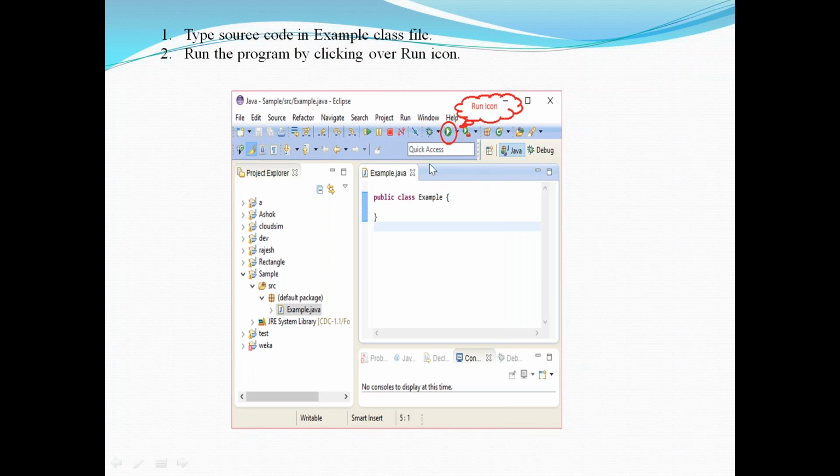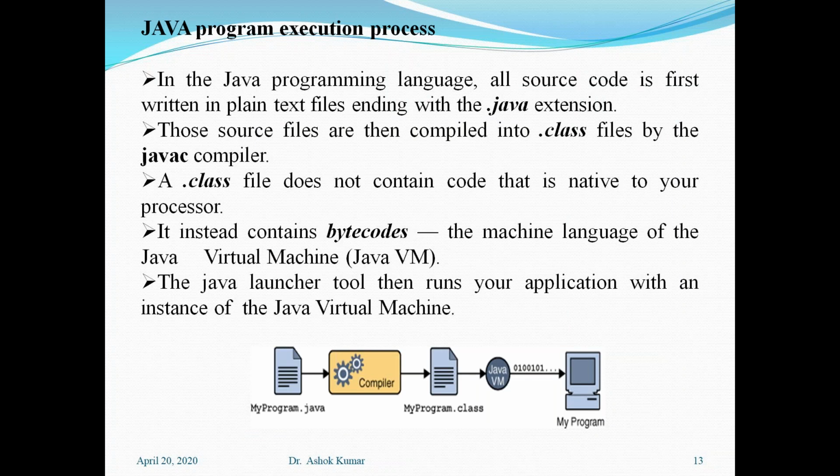And the complete execution process we'll discuss in the coming slides in more detail. So this is how you can use the Eclipse interface to run your Java programs, to make source files, to create programs, and to run those programs later on. We'll do this. So this is the process that happens when you create a Java file, a Java program, and